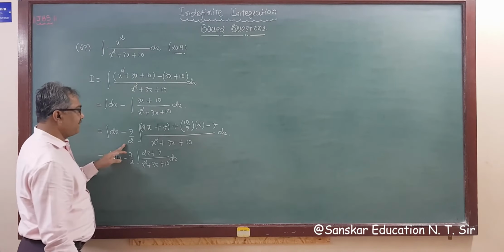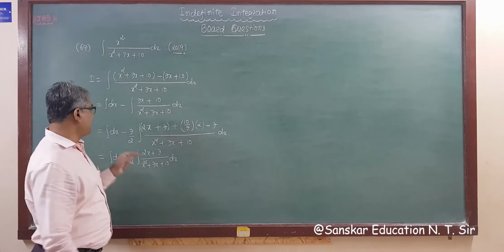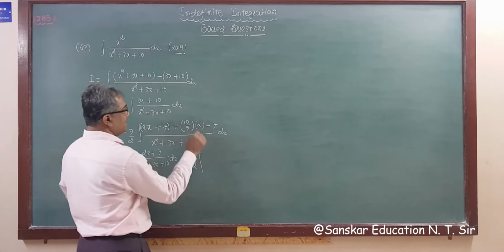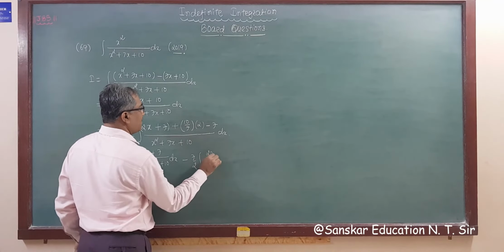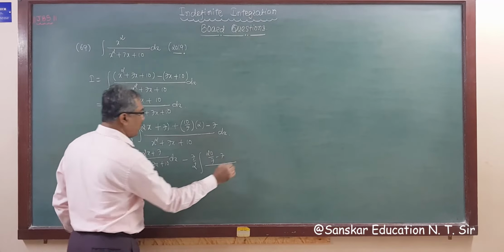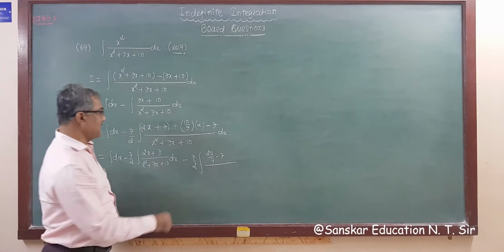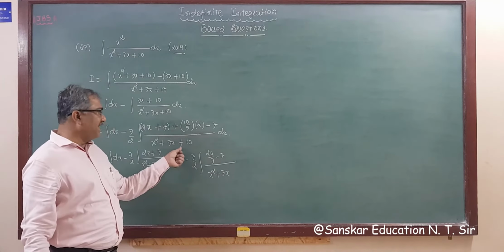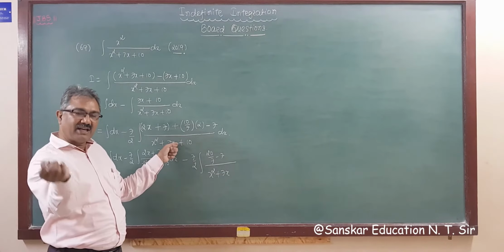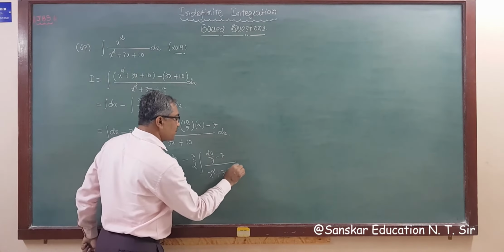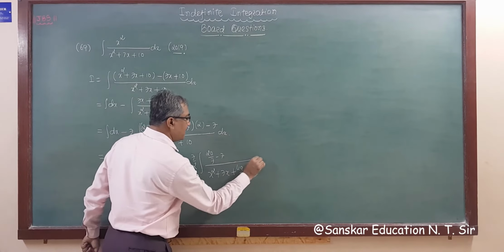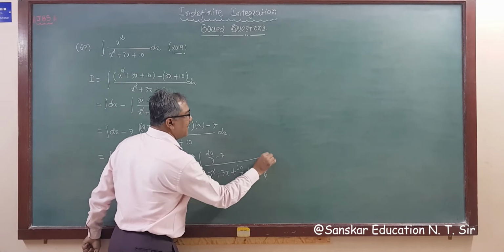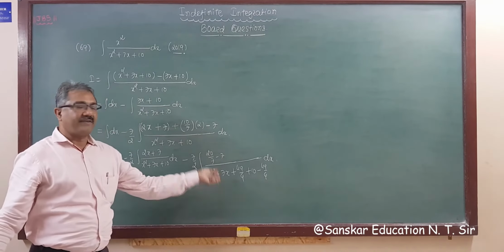And now this, everything, that is minus 7 by 2 here. So minus 7 by 2 integration of 20 by 7 minus 7 whole upon x square plus 7x. And the last term we need is 49 by 4. So adding 49 by 4 and subtracting 49 by 4. So plus 49 by 4, right? And plus 10 is there and minus 49 by 4 and dx. So making this a perfect square, right?